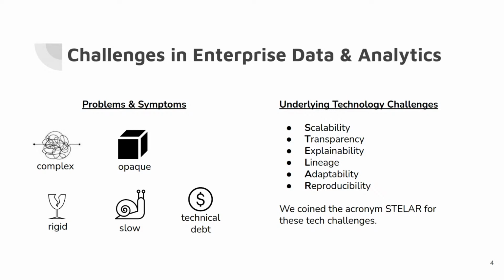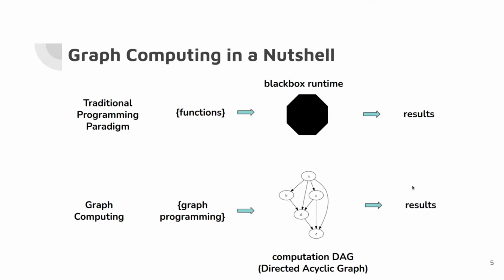So these ad hoc solutions tend to be inadequate, probably not consistent, and also not optimal. As a result, the system becomes more and more complex when you add more and more of these requirements and features. So how can graph computing help? This slide shows a very high-level summary of the key difference between the traditional programming paradigm and the graph